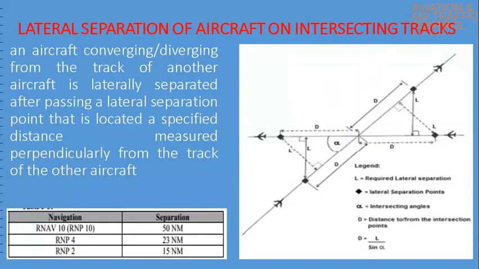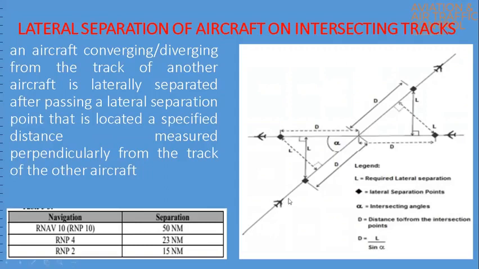Now, previously we discussed non-intersecting parallel tracks. Here we will talk about lateral separation of aircraft when they are on intersecting tracks. When an aircraft is converging or diverging from the track of another aircraft, they are deemed to be laterally separated after passing a lateral separation point that is located at a specified distance measured perpendicularly from the track of another aircraft. So from this, if you see,